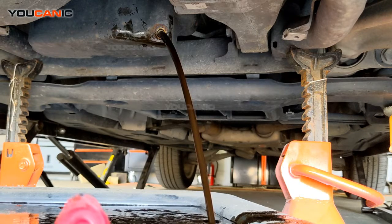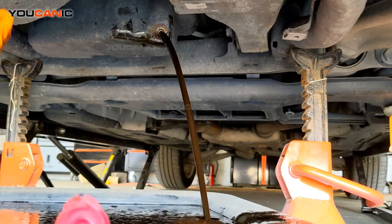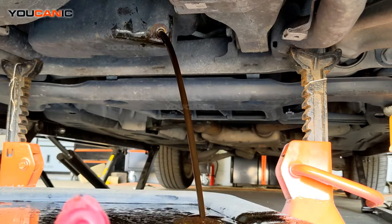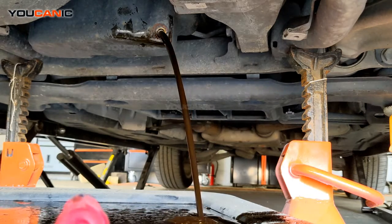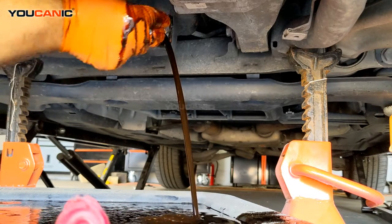It's going to take about 15 minutes or so for this to completely drain. You want to get every bit of it out, and this is one of the reasons why we prefer to drain it instead of using